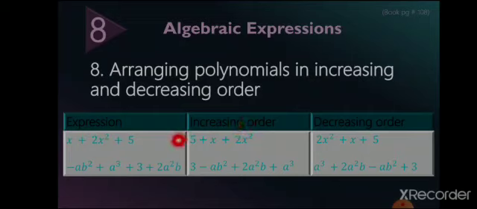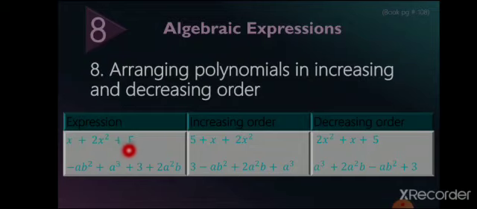You have to start from the lower one to the higher one, and decreasing order will be from higher one to lower one. Okay, now what is the meaning of higher and lower in these algebraic expressions? It means you have to arrange according to the power of the variable. As you see here, x is written, it means x has 1 power. Here x has 2 power. Here x is not written, it means x has no power. It means x has the power 0 here.